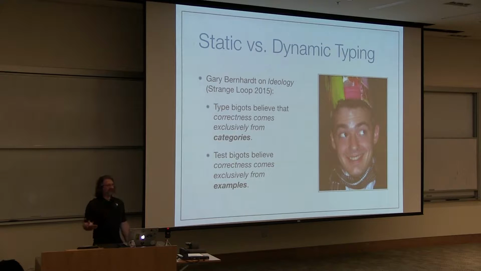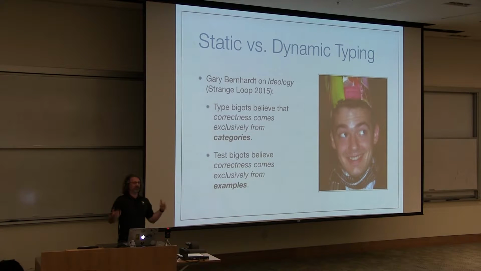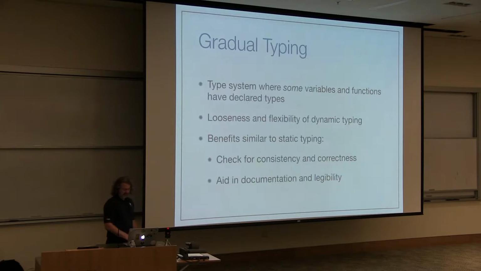And then on the other side of the coin, you've got maybe your average Ruby programmer, where the testing culture is really strong in Ruby land, and so they say, I've got all these tests that prove my system is correct, so what do types really add for me? Those are the kind of extremes you'll see on this position. And today I want to introduce a middle ground approach, which is called gradual typing.